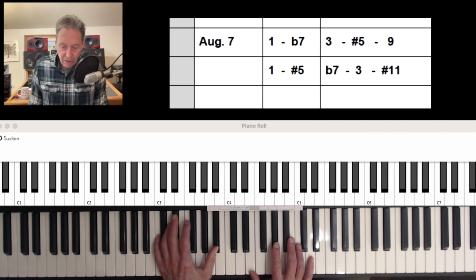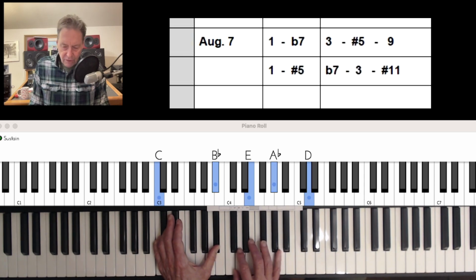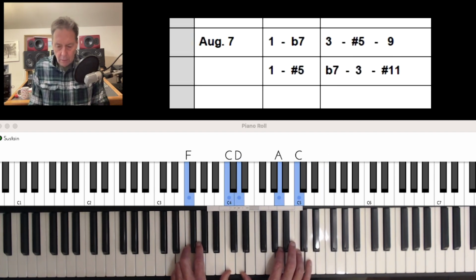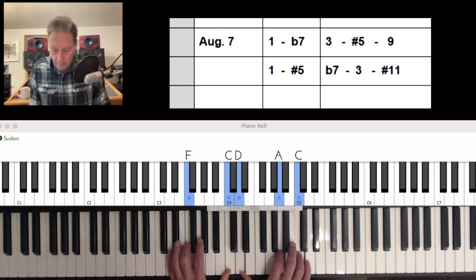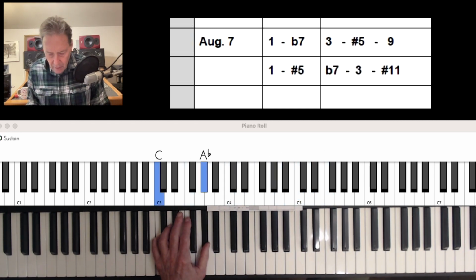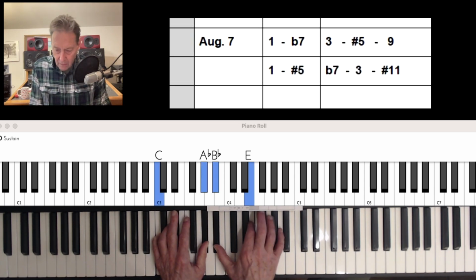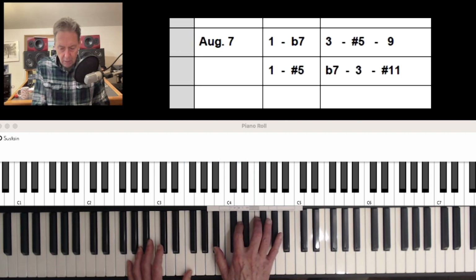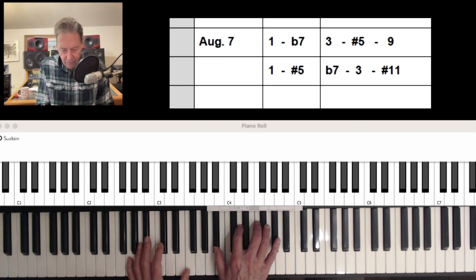So, you know, it seems like a good chord for an augmented chord. If you've got a dominant chord and it says augmented, it's got the 9th in it, you've got to stick to stuff that's in the whole tone scale. All right, kind of like the Beatles song, Oh Darling. Okay, let's see what the other one is here. So now we've got the augmented note in the left hand. All right, so let's see, what can we do? All right, not a chord I use very often, but